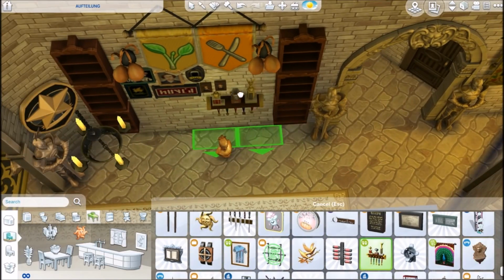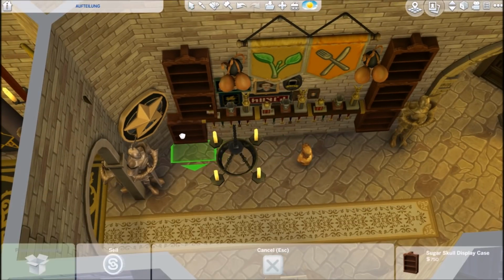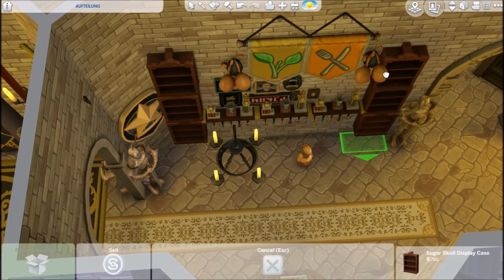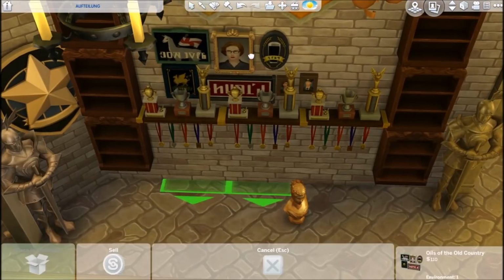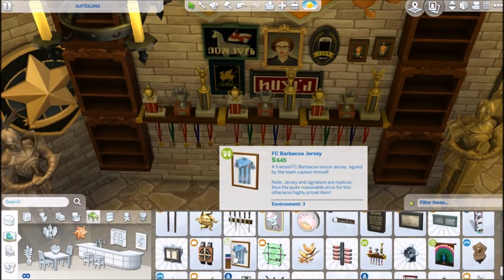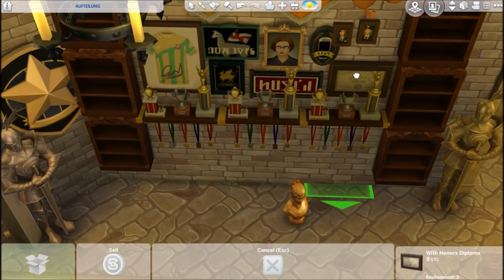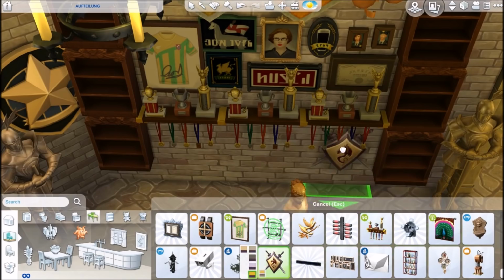So they have this all on display, like if you get right into the castle, it's on the right hand side in one of the hallways. And I could use lots and lots of the stuff that we already have with lots of the packs. So there's like a little jersey, maybe a Hufflepuff Quidditch jersey, and some trophies and all that kind of stuff. And in these hallways I also try to use lots of these knight